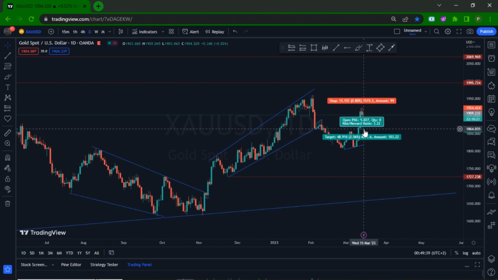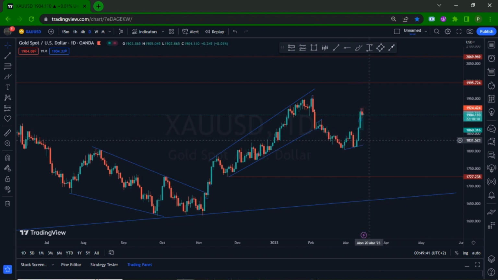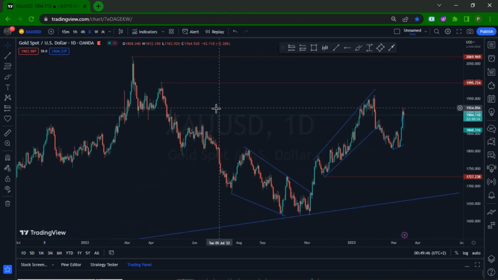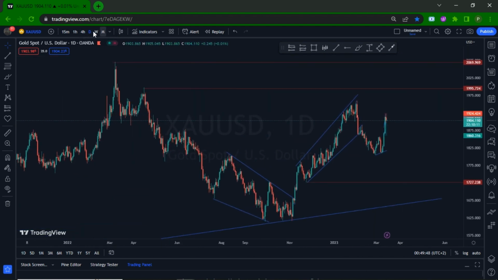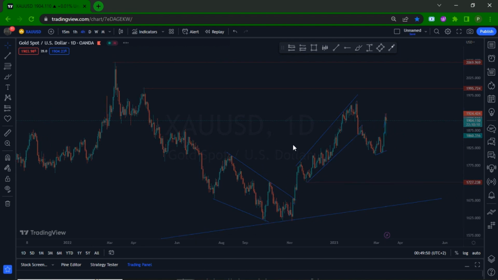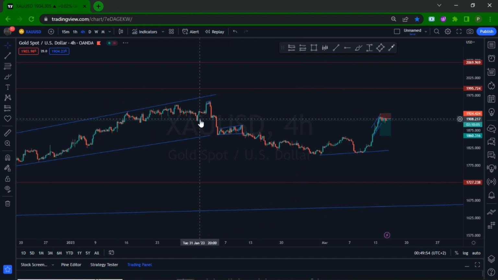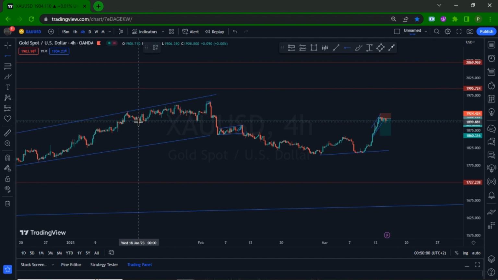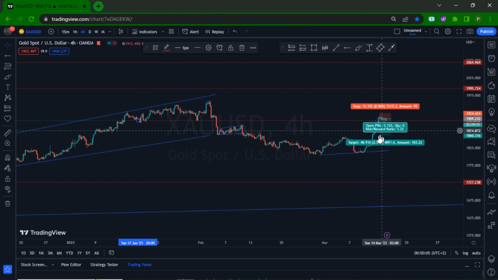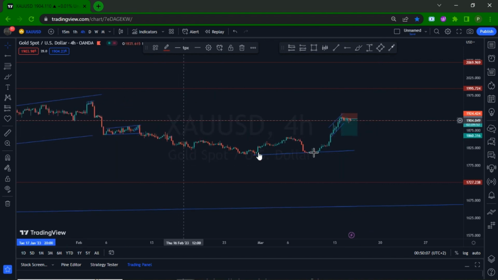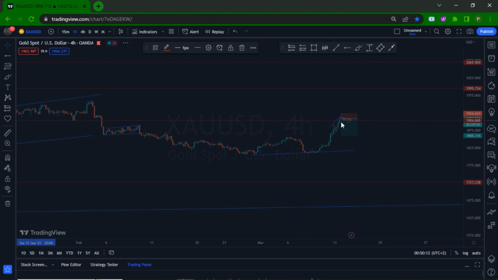I had a trend line running over here. It failed to respect the setup. However, going back to the lower time frame, we managed to notice that this is a key area. If you notice here, this is the key zone. So we're really paying attention to how price is gonna play out here, and we eventually decided to come in with sales here. That was market execution.